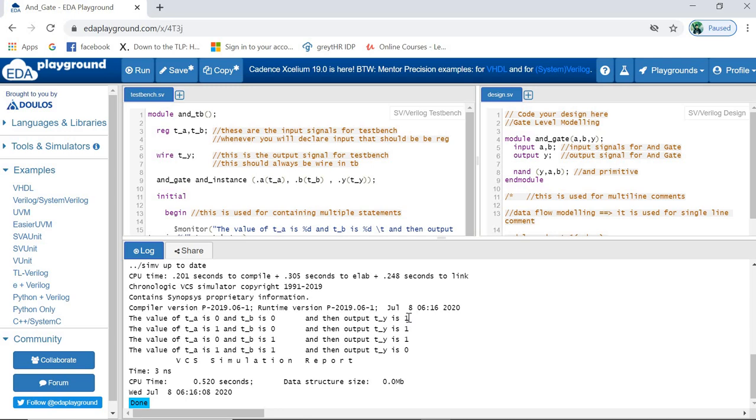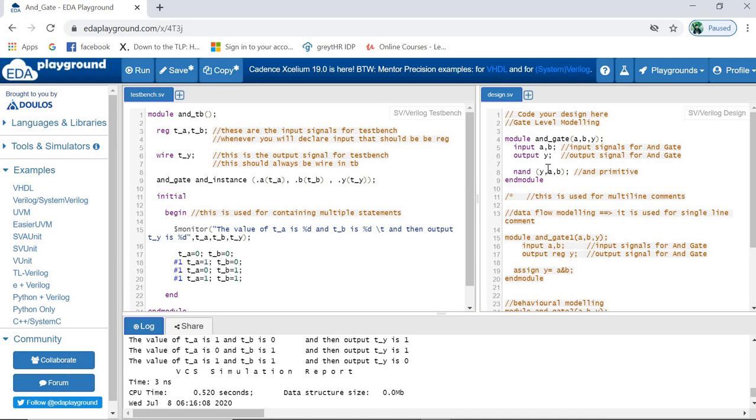Otherwise, in any other case, NAND will produce output 1. So you do not have to worry about that. You can just use this for any gate except NOT, because a NOT gate works only on one input.